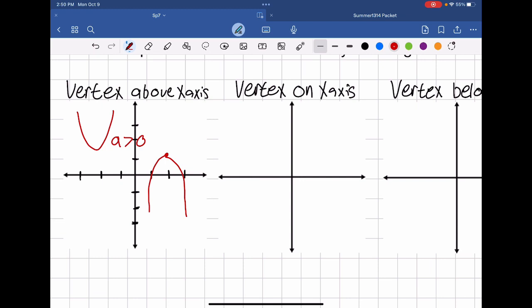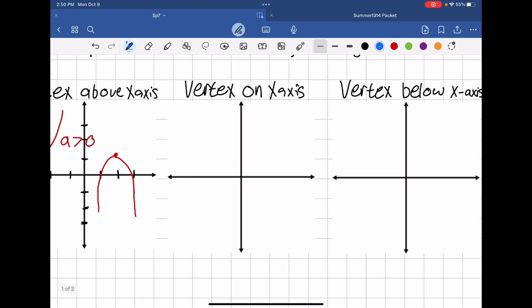So that means we have two x-intercepts. Now, if the vertex is on the x-axis, we can have it open upwards and we can have it open downwards. But we can see it just bounces off the x-axis, and that means that we would have one x-intercept on both of those,